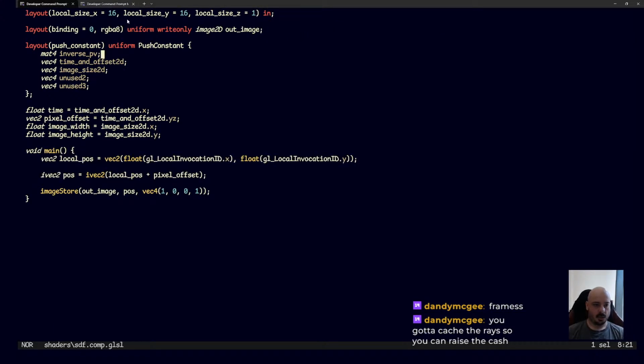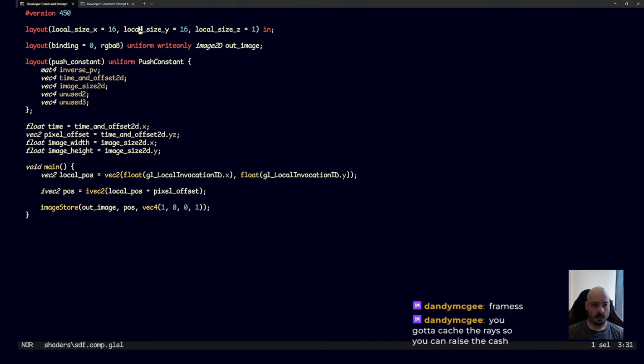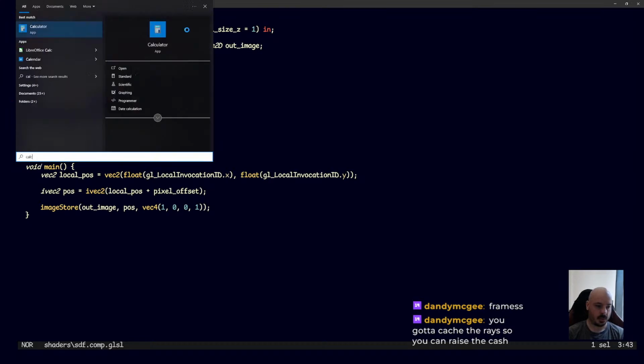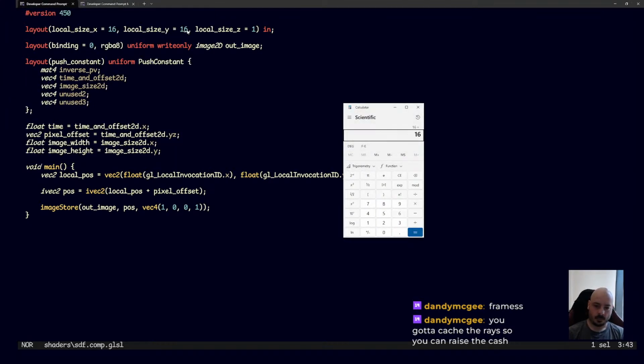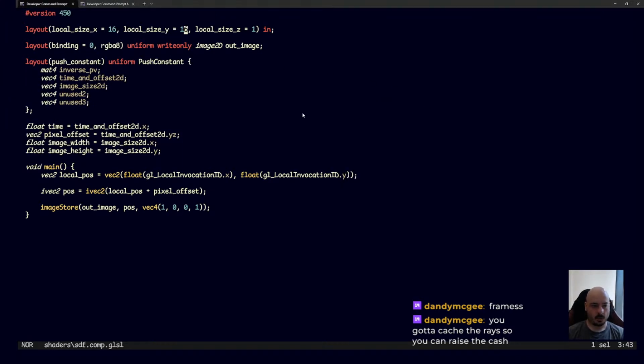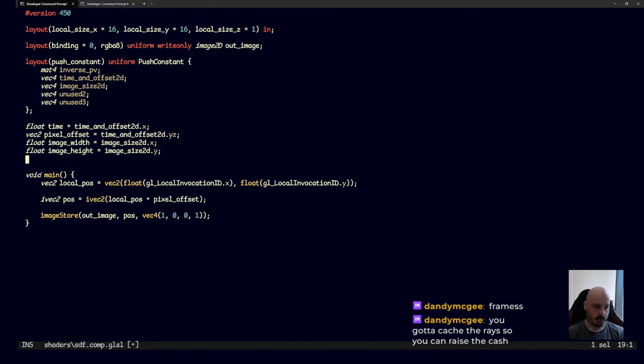this compute shader can share between 16 by 16, which is, what is that? Is that 4,000? No, that's 16 by 16 by 16. What is 16 times 16? Is it 256? Yeah, okay. 256. 256 threads can share the same memory. So we're going to put local memory in here. We're going to have like local